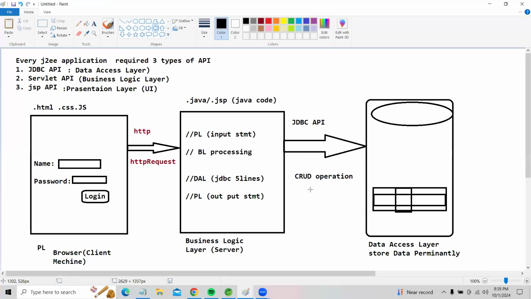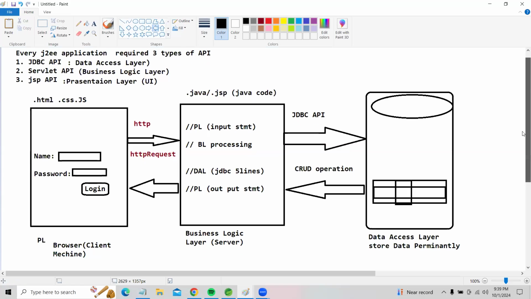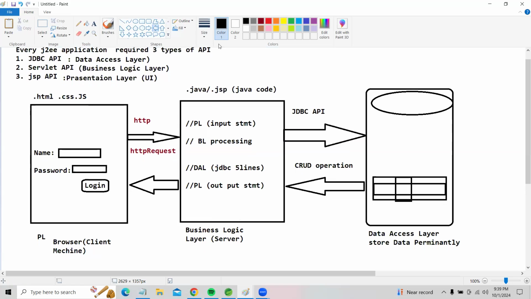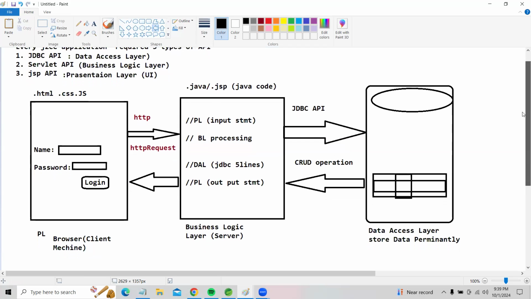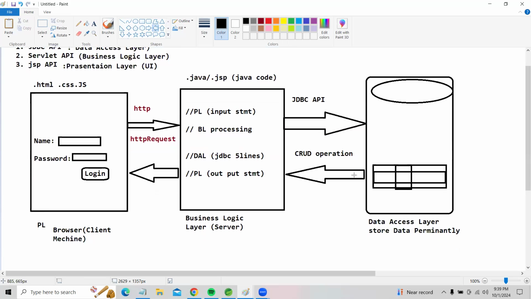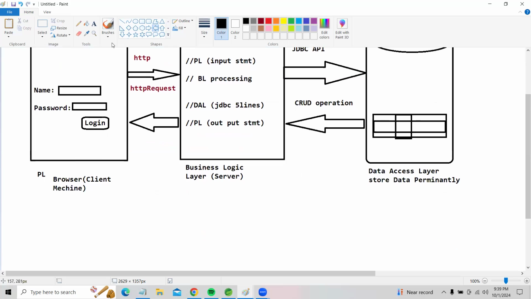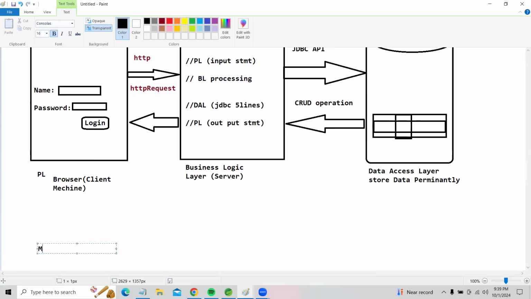After saving data, the database gives a response back to our business logic layer, and the business logic layer gives the response back to our presentation layer, my friends. Sir, is my point clear? These are the 3 layers we use in developing complete end-to-end web-based applications. But these layers together are called one pattern. The pattern name is MVC. Very, very important, the MVC pattern.